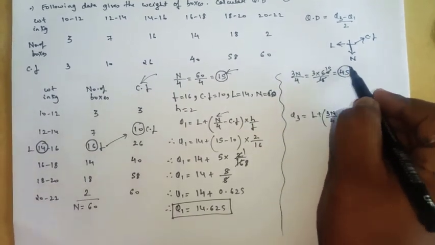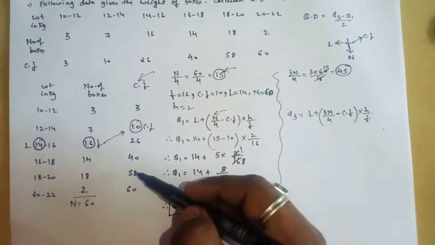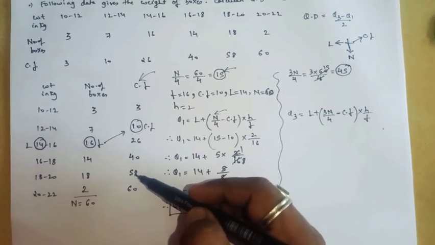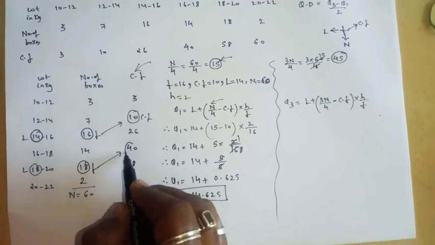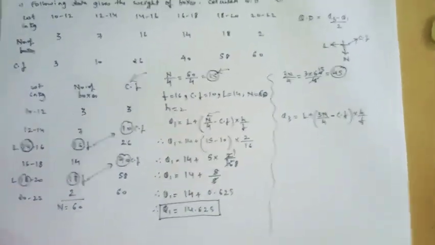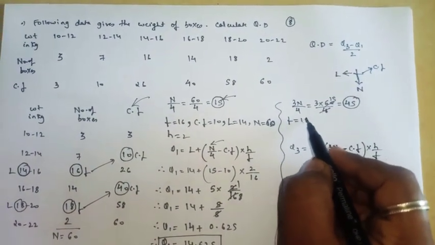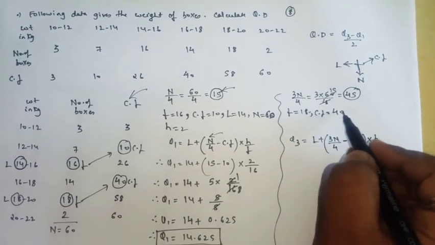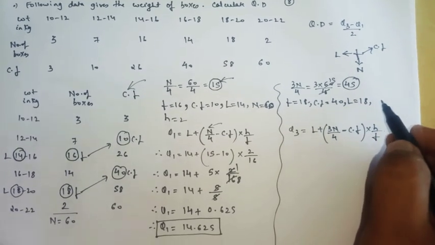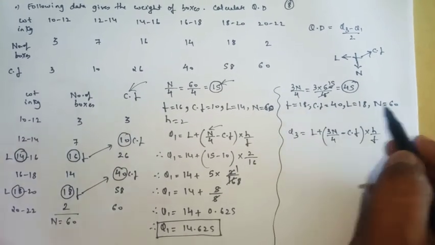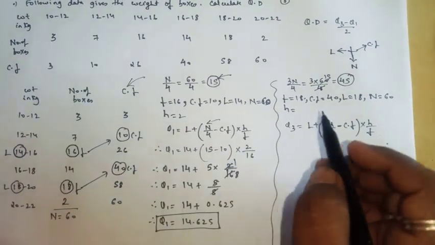So take this 45 and check in the cumulative frequency where it lies. It lies in the second last row, yes or no. So this will be your L, this will be the frequency, and the one before it you will get as CF. Okay, so now here we got F as 18, CF as 40, L as 18, and H is the difference between the class, and the difference between the class is 2.